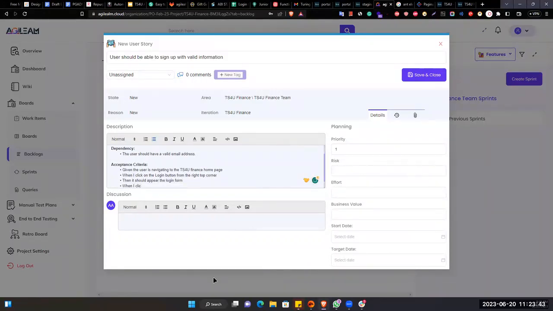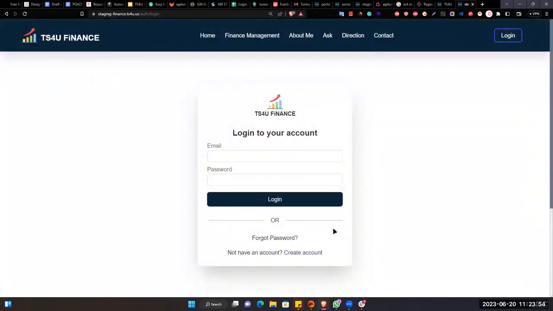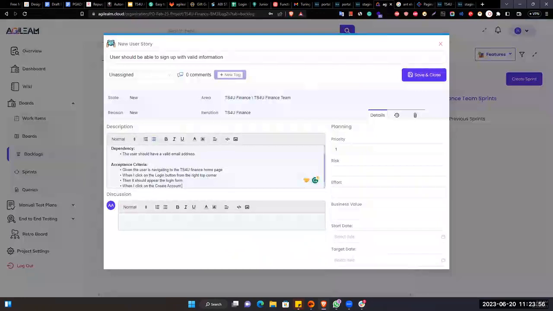When I click on the create account link here, right? Yes, this is the link actually. Then it should take us and the registration form should appear, right? Then when I input my first name